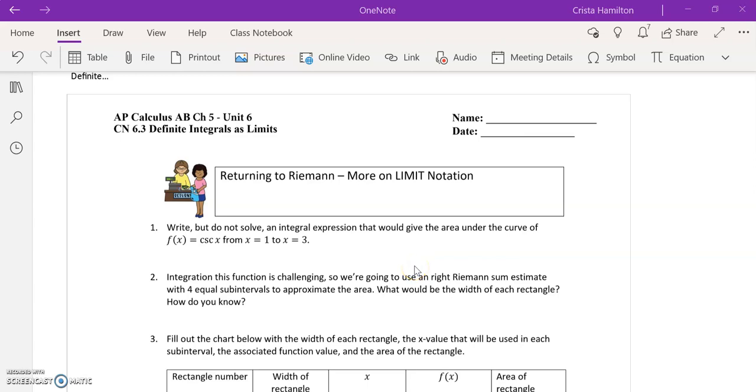All right, so we're going to go back here and do a little bit more work with the definite integrals as limits. One of the things that we really need to practice, and this will come up more typically in the multiple choice section, is where they will give you a limit that you have to then match to a definite integral. It's very similar to what we did with the limit definition of the derivative, in that